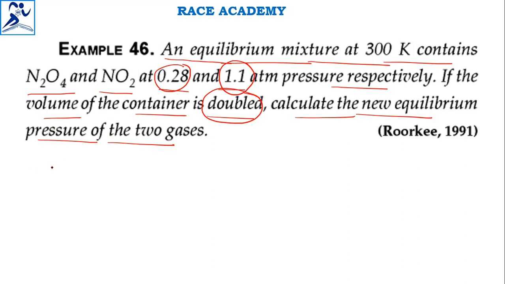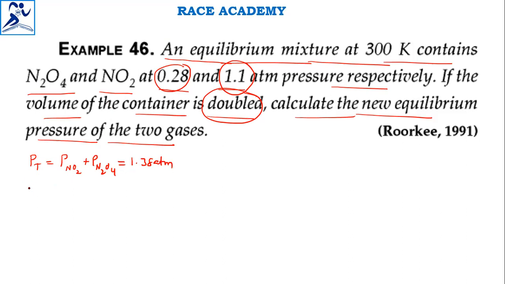For example, if you see the given pressures, the total pressure is the sum of the partial pressures of the gases, that is partial pressure of NO2 plus partial pressure of N2O4, that will be 1.38 atmosphere. And this 1.38 atmosphere will become 1.38 by 2 once the volume is doubled. Okay, before that, they have